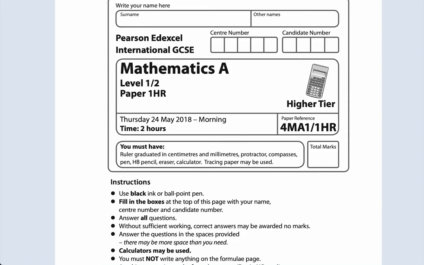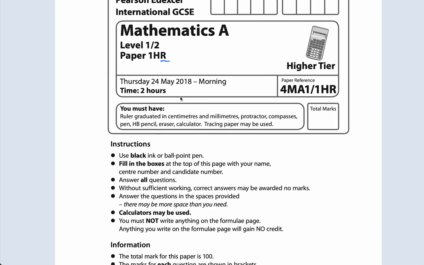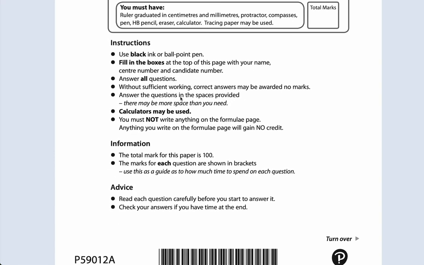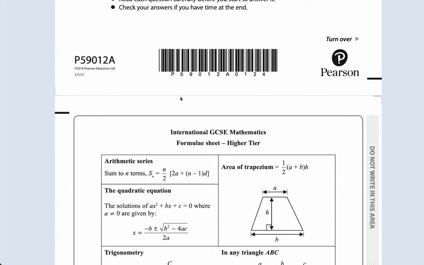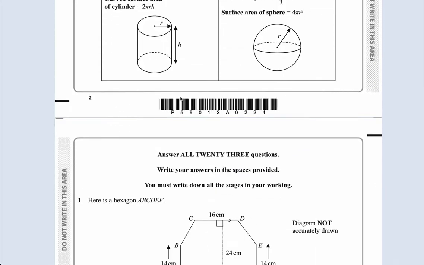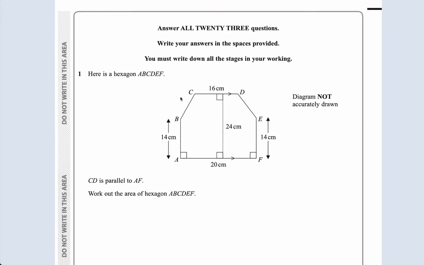Hi guys, okay, this is paper 1 again, May 2018 again, but this is the OR paper. It's 1H OR, H for higher, OR stands for regional paper. Basically there's different papers for different time zones, so anyway, it's the very same standard. Opening page, formula sheet, and